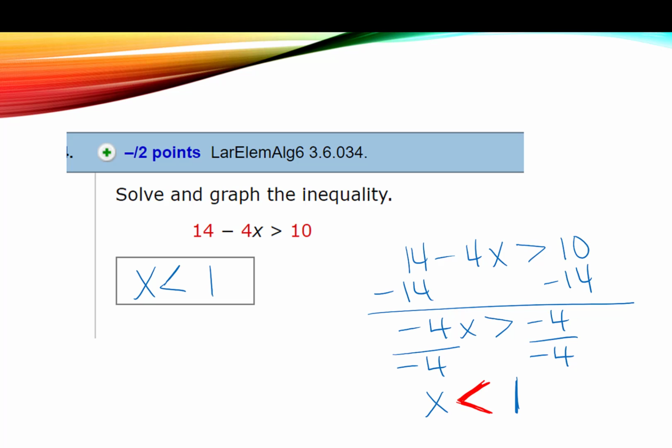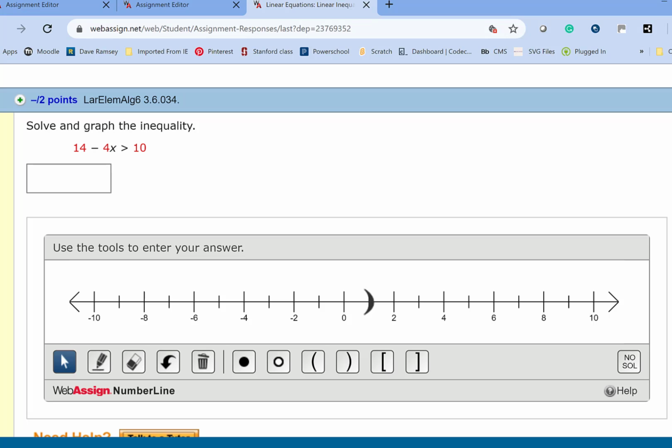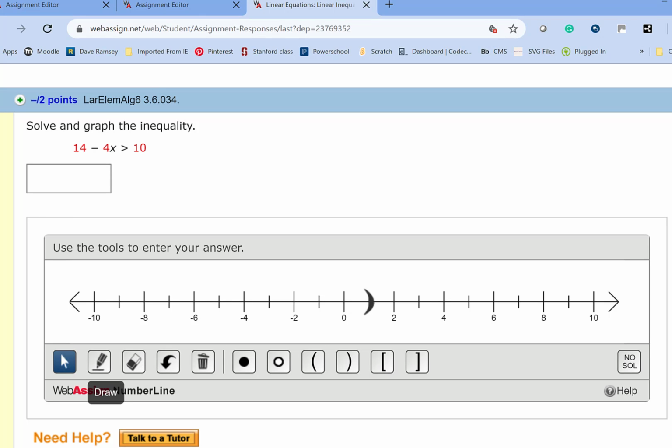And now let me show you how to graph that on WebAssign. Okay, so our answer was x is less than 1. Because it's a less than, we'll use the parenthesis. I'm going to select the right parenthesis and then touch +1. Notice that the tips of the parenthesis are pointing towards the numbers that are less than +1. Next, turn on your draw icon and select anywhere on the number line that is less than +1, and that's